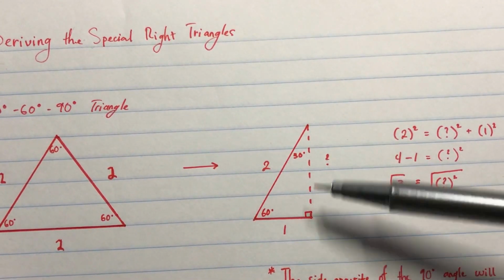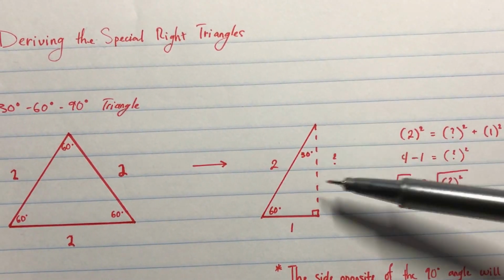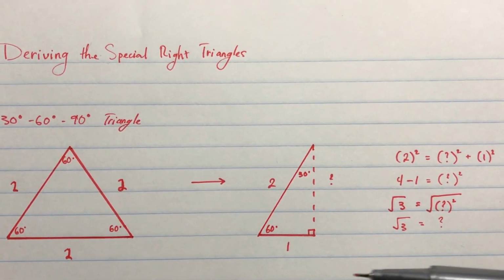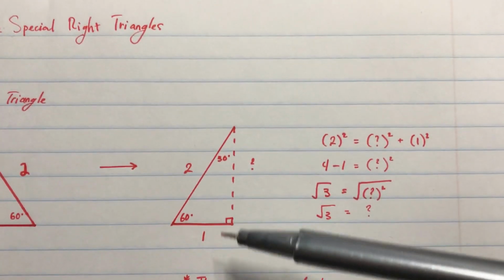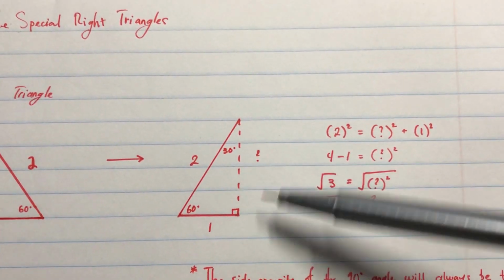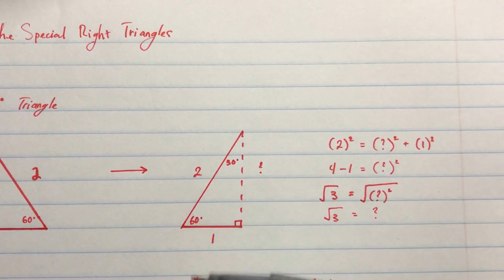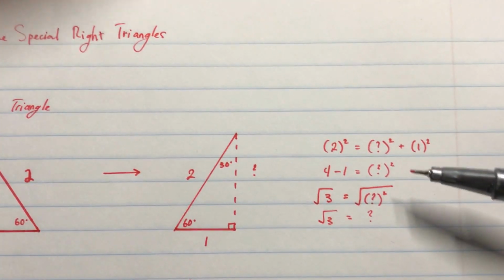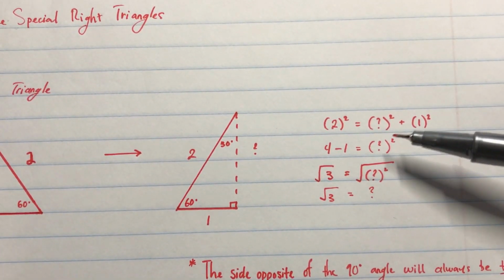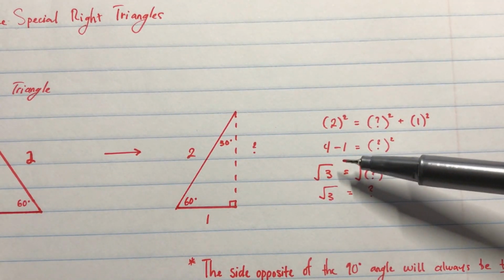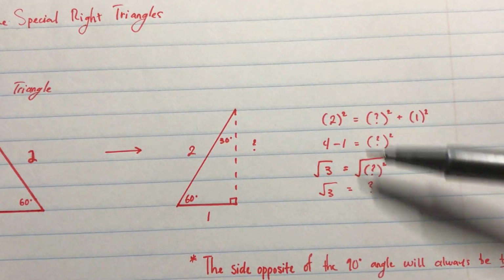Now, we want to solve for this side of the triangle, but we don't know what this length is just yet. But we can use the Pythagorean theorem to figure this out. And what we get is that 1 squared plus this unknown side's length squared is equal to our hypotenuse squared, which is just 2 squared. When we simplify this, we subtract the 1 squared onto the left side of the equation, and what we get is 4 minus 1 is equal to our unknown side